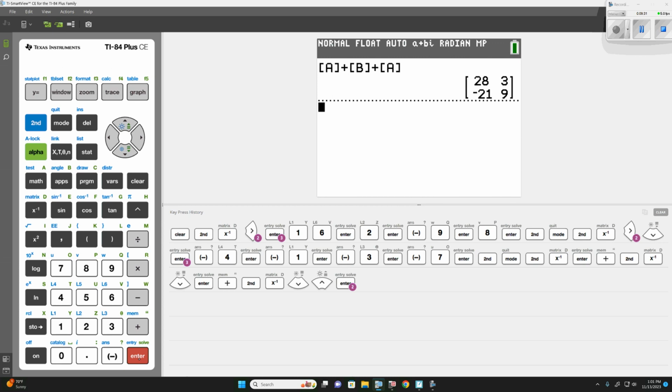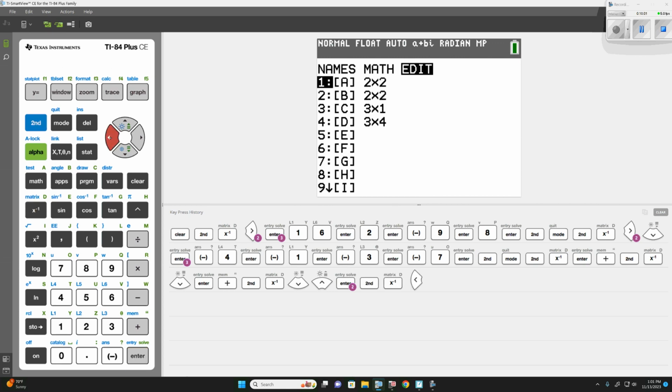Second matrix. So we need to recall the first one, A. So we'll hit enter. Plus. Second matrix. We recall B. Plus. Second matrix A. Enter. We get this. So if we want to do the next one, we can go second matrix A,